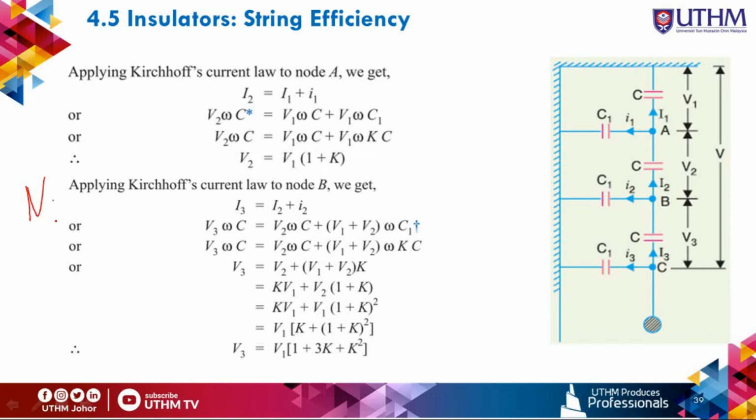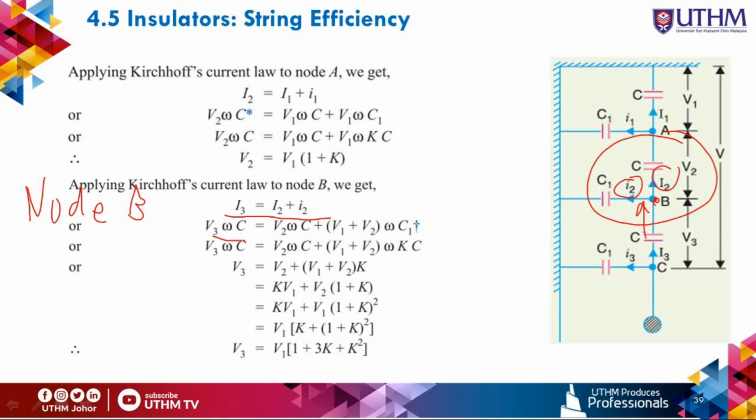Now we apply the Kirchhoff current law at node B. So node B we have I3 here, I3 equivalent to the outgoing, which is capital I2 plus small I2. So the next equation is I3 equivalent to V3 omega C, and